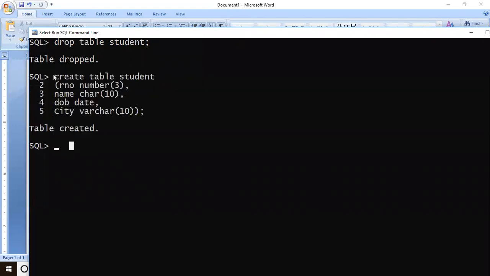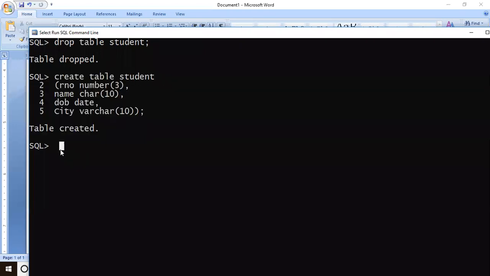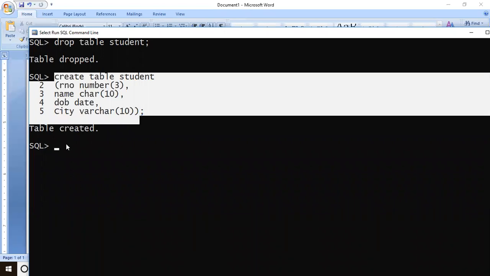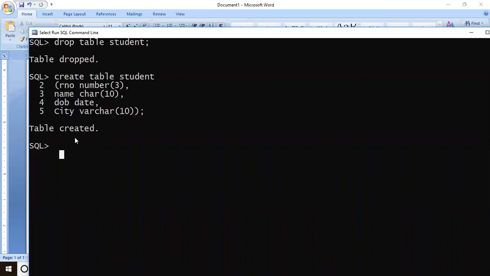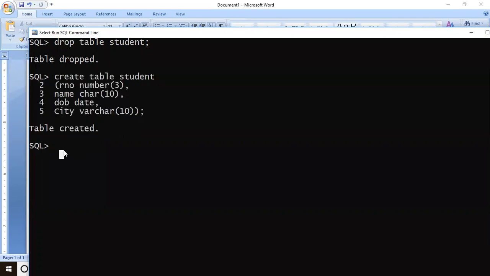Fine. So all these structure related commands are part of DDL. And when you actually start putting data inside that, that is part of DML, data manipulation language. So in theory, we studied that structure is less frequently modified and data is frequently modified. The difference we had seen, right? Anyway, here we have created the table structure. If we want to see the table structure of the table we just created, there is one command called describe.